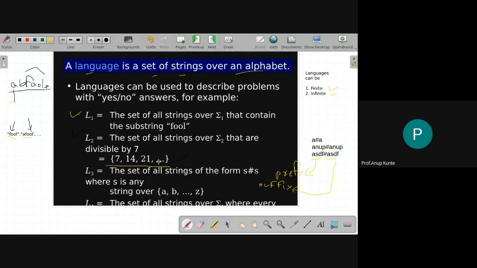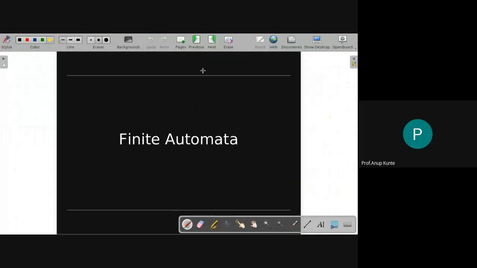So are you understanding where we will be using these particular sets called language? We will be using these sets called language to represent what are the valid inputs for a certain device, and then we will refer to these as the language of that particular device. I'm going a little ahead, but you will understand this concept.